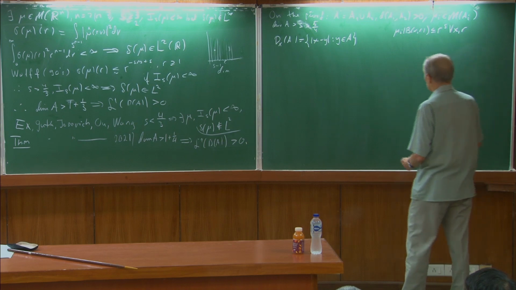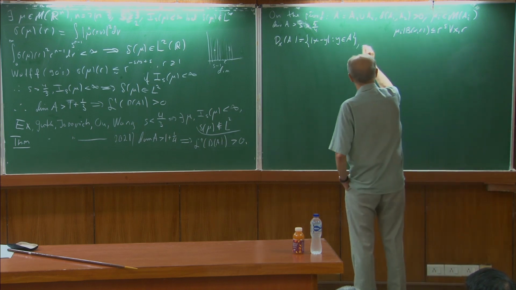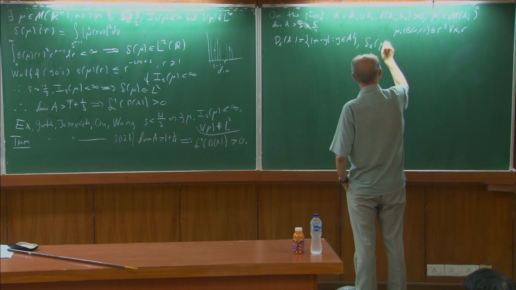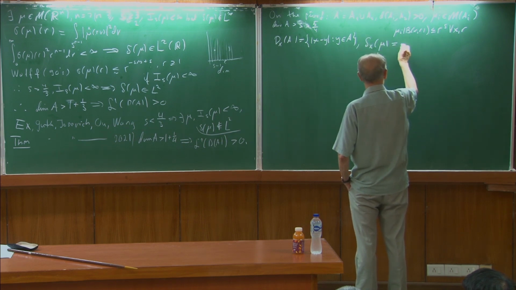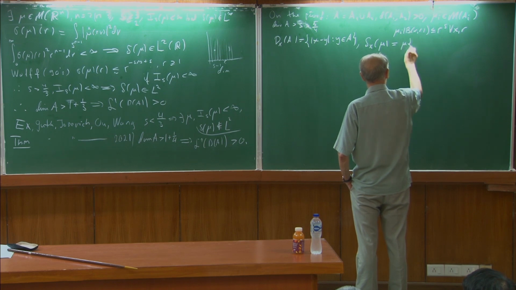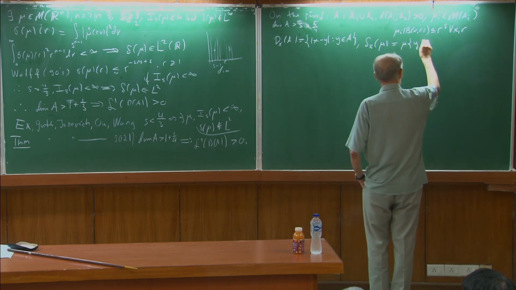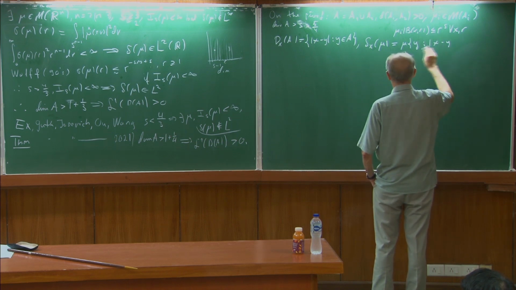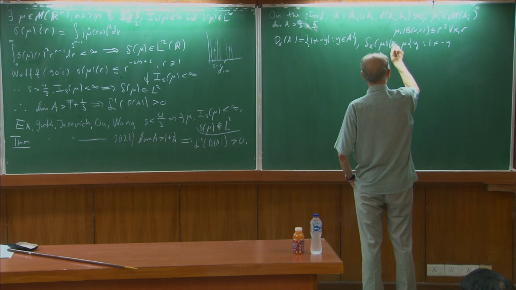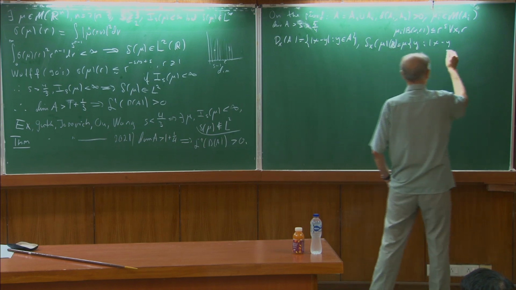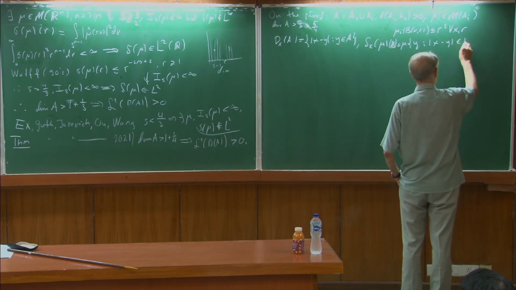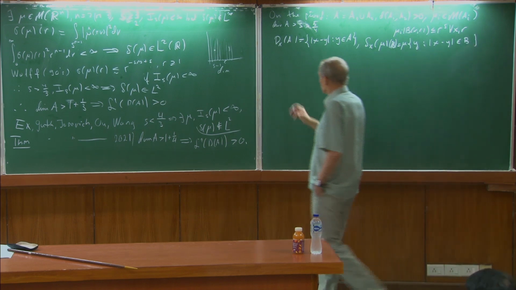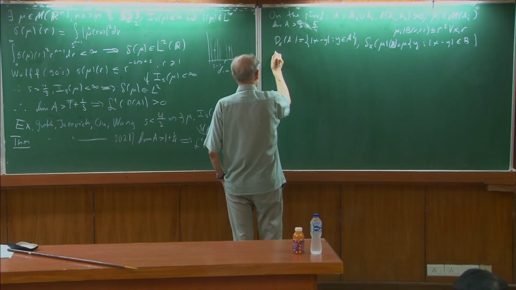But then I can also consider the pinned distance measure, which of course is mu measure of y, so that the distances from x belong to b. And now what they show is that